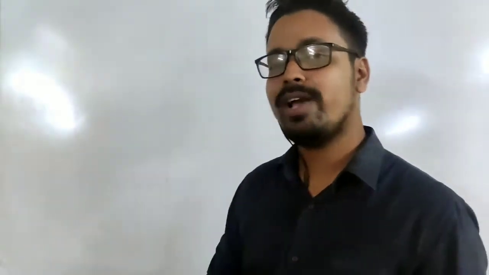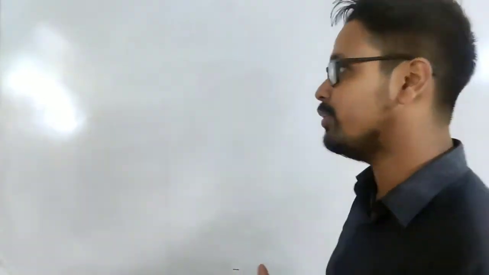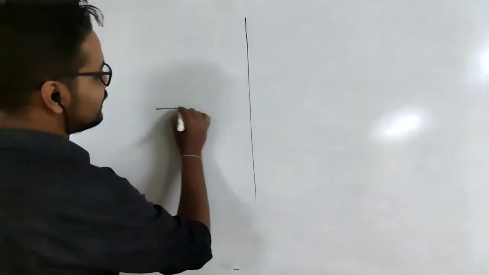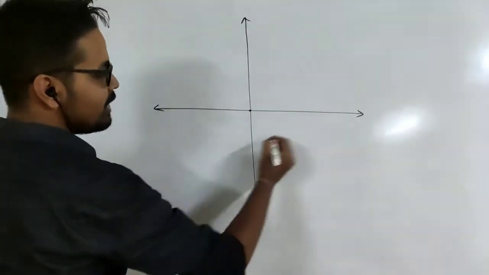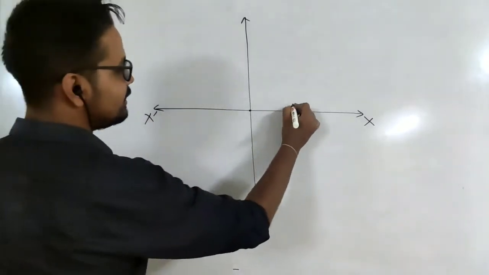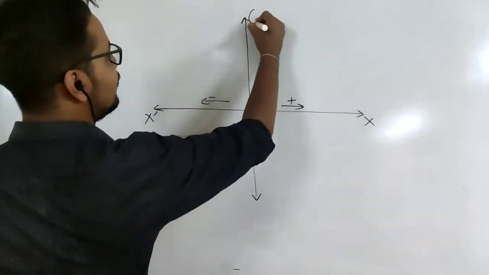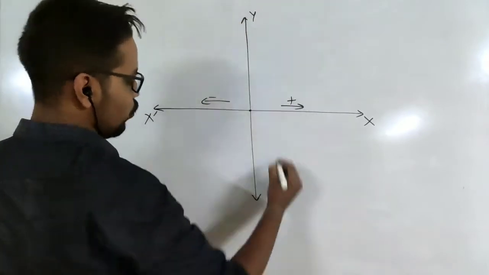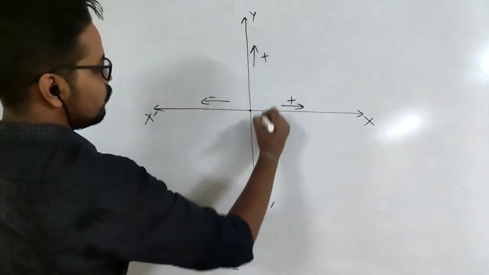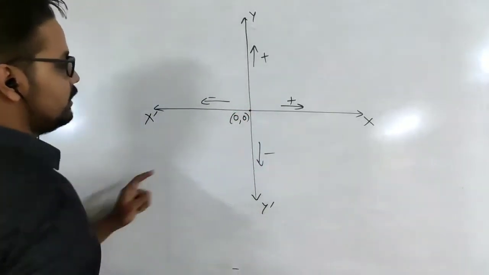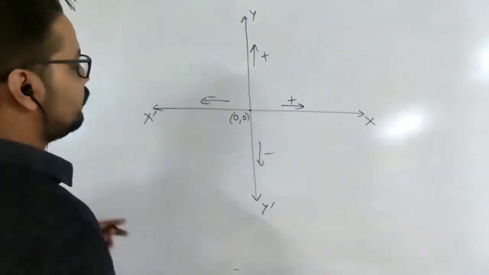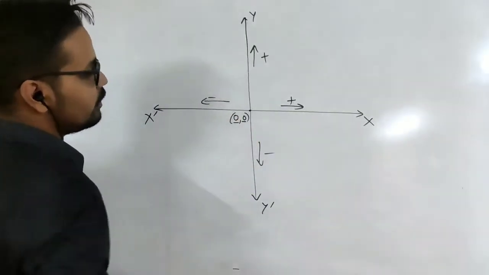As you have studied coordinate geometry in your previous classes, it is all about taking coordinates in a graph. So there are two axes in a graph, the x-axis and the y-axis. Let me draw a graph just in general so that I can take a revision of the previous classes. This is the origin, this is the x-axis, x and x dash, this is the positive direction, this is the negative direction, this is our y-axis, y and y dash, this is our positive direction of y, this is our negative direction of y, and this origin has a coordinate of 0, 0. This is the x coordinate, this is the y coordinate.